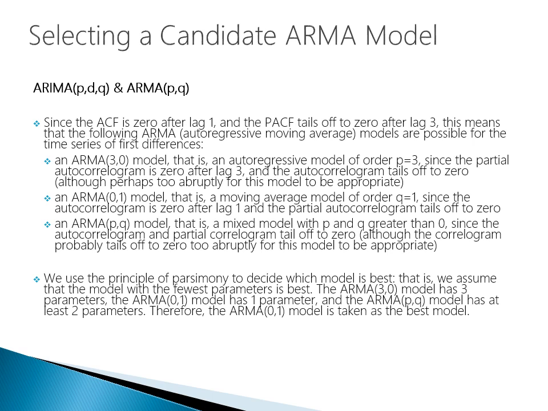To decide which model to use, we're going to invoke the principle of parsimony. We have 3 models. We have an ARIMA(3,0) model, we have an ARIMA(0,1) model, and we have an ARIMA(p,q). And what we're looking for here is the model with the least amount of complexity to it. Since the ARIMA(3,0) model has 3 parameters, it's fairly complex. The ARIMA(p,q) model has at least 2 parameters. It's also somewhat complex, but the ARIMA(0,1) only has 1 parameter, and therefore we're going to use the ARIMA(0,1) model as taken as the best model.